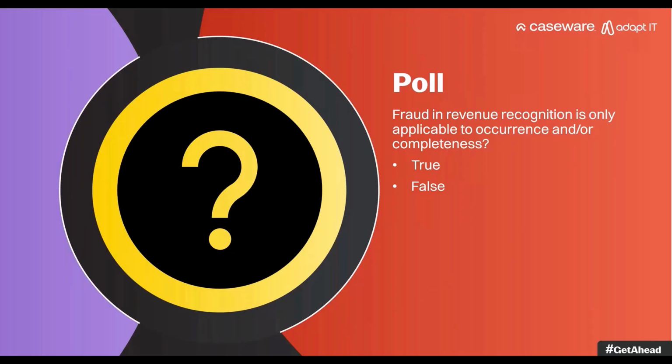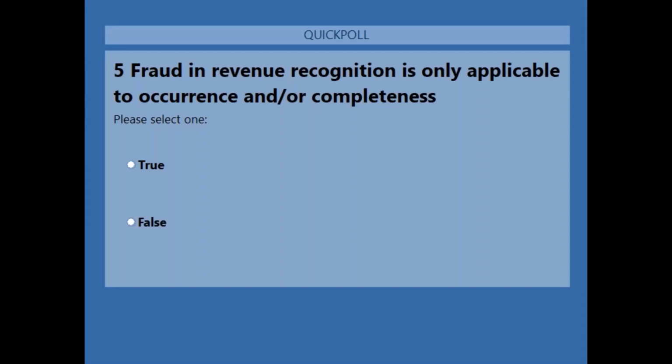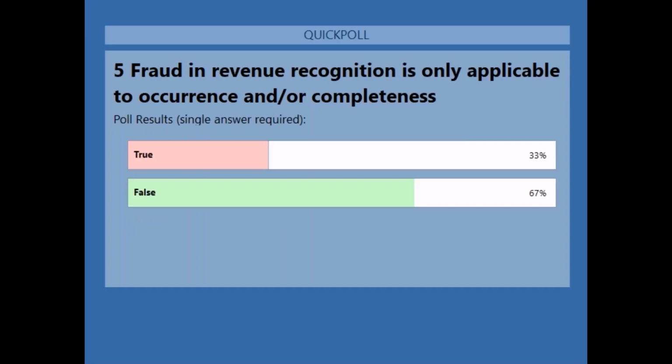So my question to you is, fraud in revenue recognition is only applicable, possible, relevant to occurrence and or completeness. Would you say that I would only record fraud for occurrence as an assertion and or for completeness as an assertion? What do you think? So the audience has voted and said only 33% of you said yes, fraud in revenue